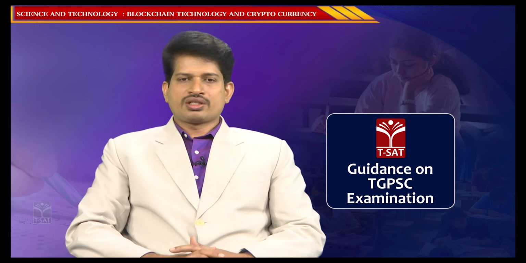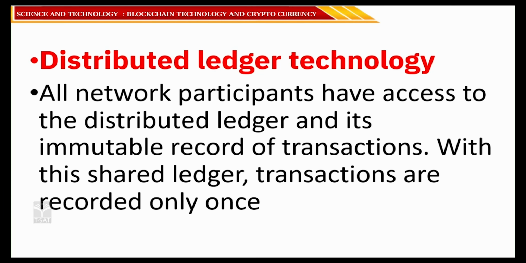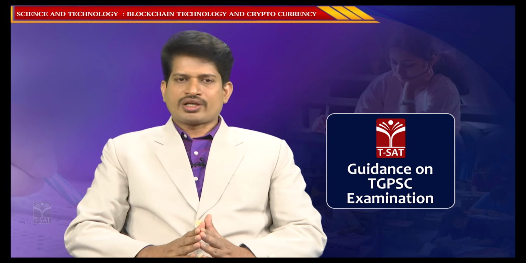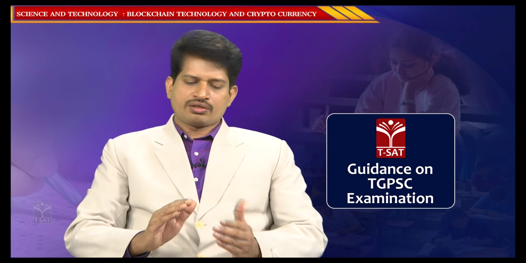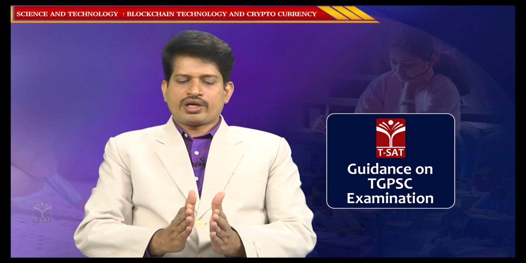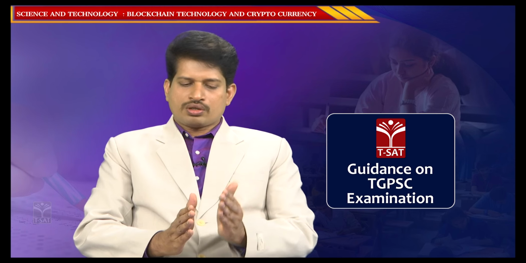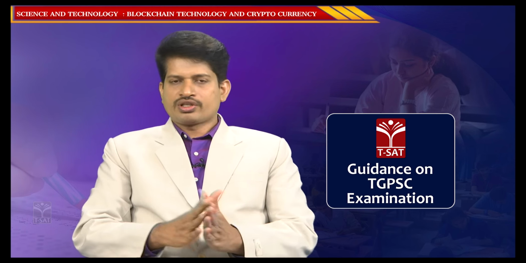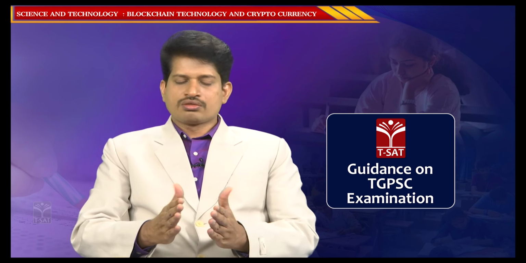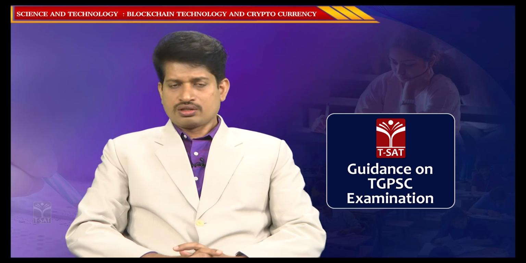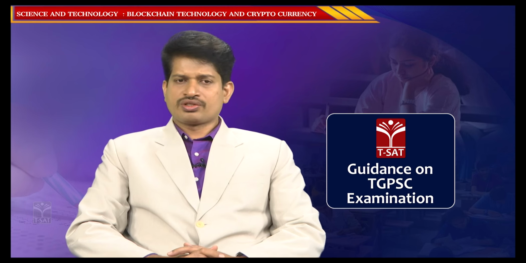Blockchain is a distributed ledger technology. Distributed ledger technology is a technology where the transaction is distributed between the authorized parties, the producer and the consumer. For example, this is a ledger displayed to the producer and the consumer, and the debit and the credit can be observed in these two accounts, and only these two people can view the transaction ledger. That is the reason why this is known as a distributed ledger technology.